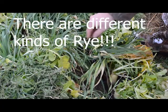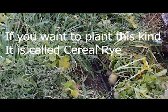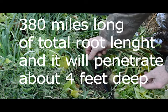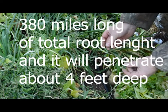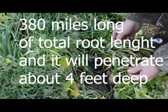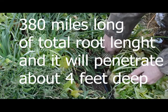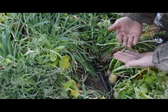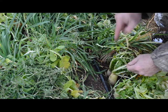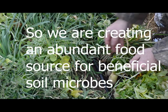So the rye grass, this is cereal rye, but this rye, it gets huge. The root system on one rye plant can get 380 miles long. So it puts an amazing amount of carbon into the soil. And when this rye plant dies in the springtime, because it's an annual, it'll go to seed and then it's dead, all of that root mass in the soil will feed the microbes. And if it hits a hard pan, it'll stop and go sideways. But with these daikon radishes, they will go down and they will penetrate through hard pans and make holes in the hard pan. We should pull this one up just for